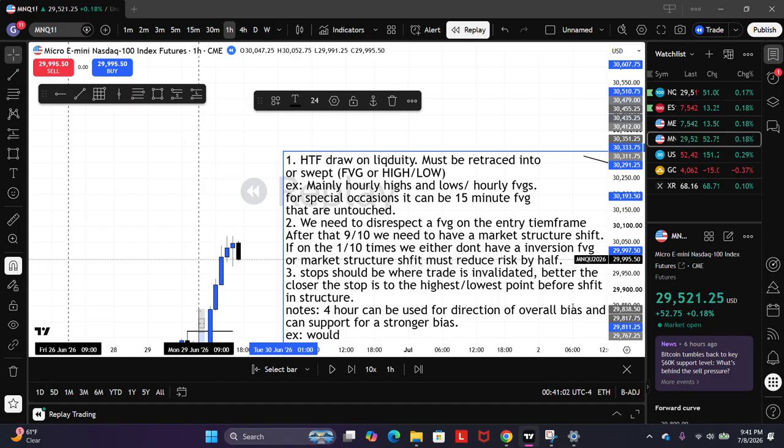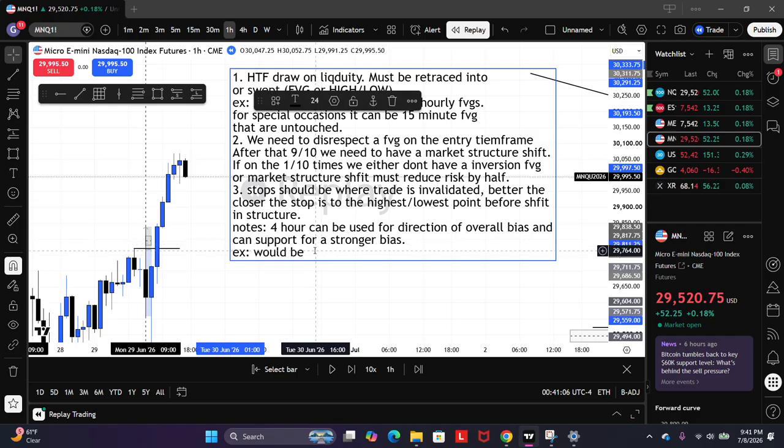Example would be we take out an hourly high/low or retrace into,